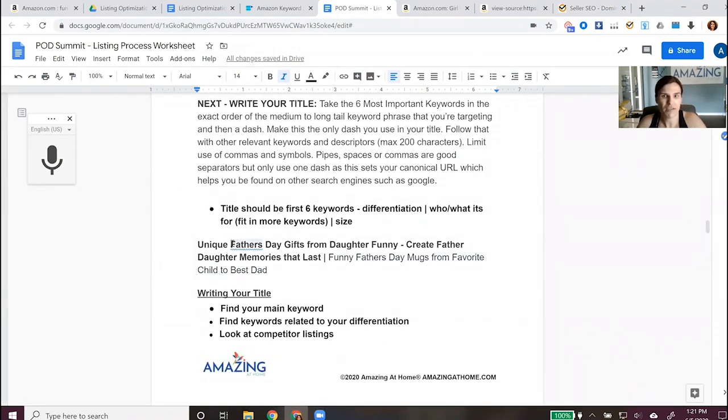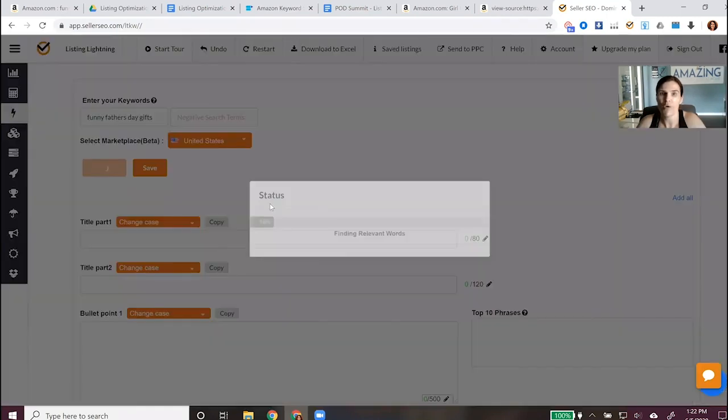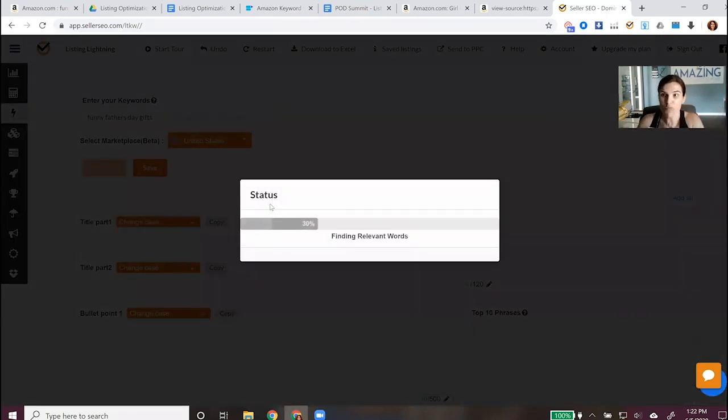Let's say Father's Day gift from daughter. Funny Father's Day gifts from daughter. Let's put that in there. And sometimes I like to just leave it at funny Father's Day gifts and let the tool recommend more. So what this is going to do when I click go, it's going to crawl all the most popular listings